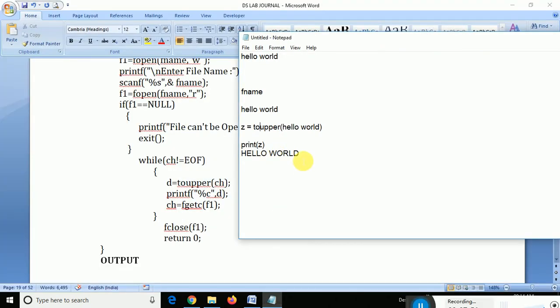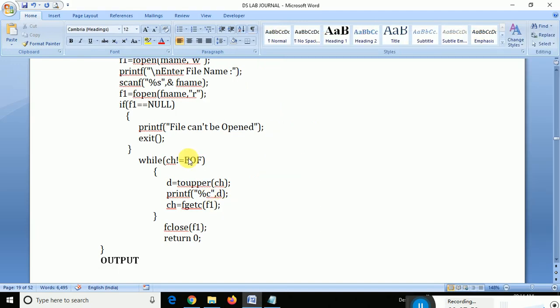After everything ends, if nothing is there down here, it will consider it as EOF. EOF means end of file. So once it is the end of file, it will come outside and close the file. So what is happening here? It is converting the content of the file into uppercase, as well as printing the output HELLO WORLD in capital letters, on the black screen.